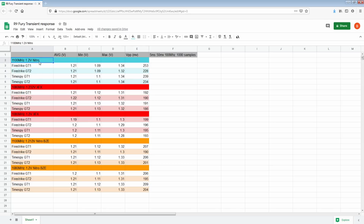Now, what did I want to talk about? So yeah, the results, basically. It kind of looks like I did manage to get my version of the Nitro up to the same performance levels as the XFX card. At the same time,